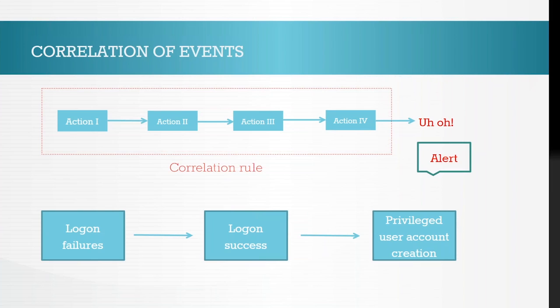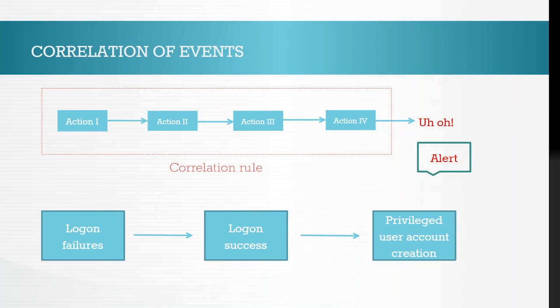Now individually these events, if you have several logon failures, you really don't know what's happening in your network. And if you have just a logon success, then again you don't know what's happening because it could well be a legitimate successful logon. And privileged user account creations, of course, are something that an administrator would want to track, but independently by itself might not be a concern for security. But say all these events happen together one after the other within a short time frame, that you have several logon failures followed by a successful logon followed by the creation of a privileged user account. This could mean that someone has created a backdoor account and is trying to carry out an attack in your network. My point is, individually these events might not be a security concern,